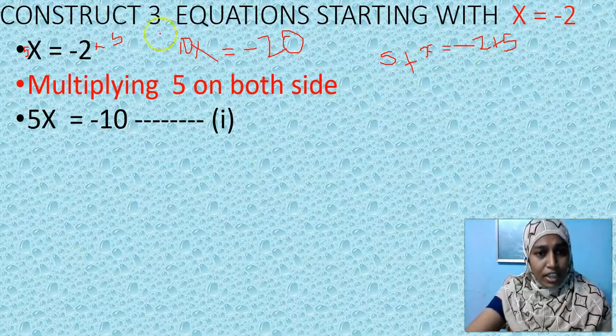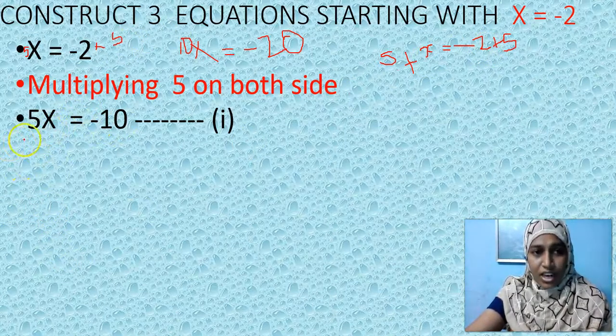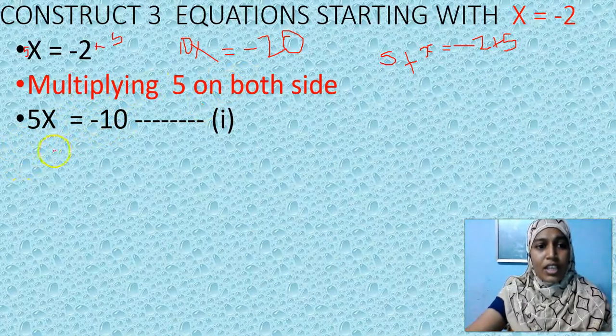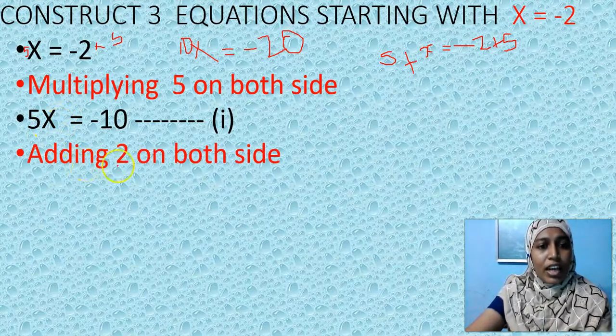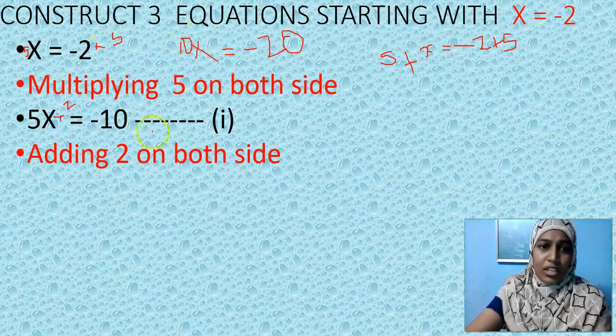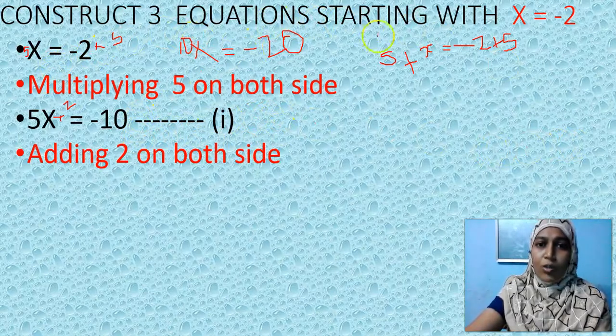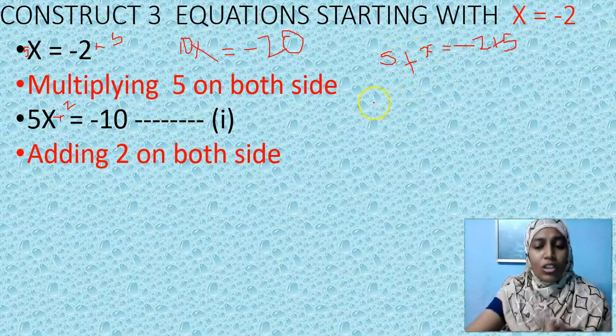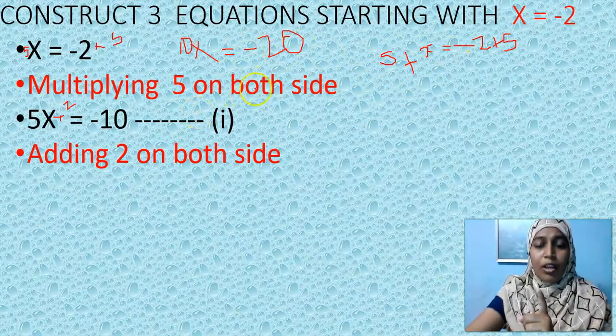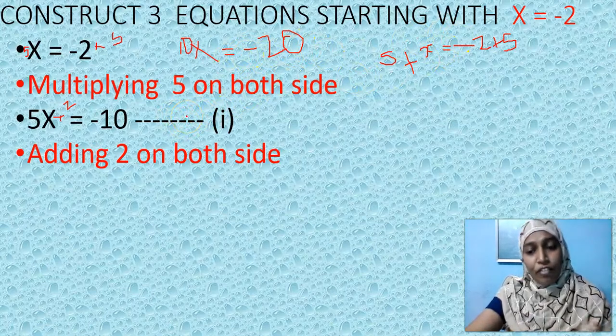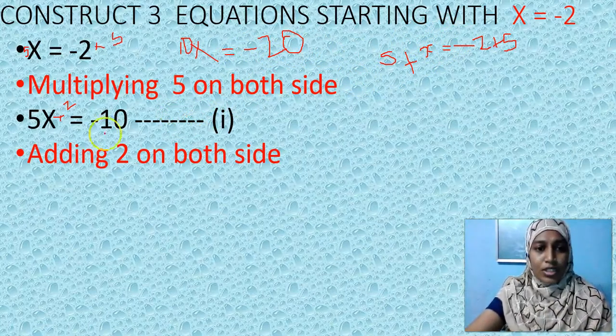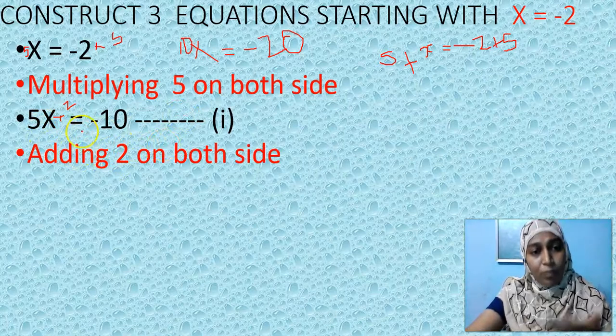But when I go in for the next equation with what I have started now, multiplying 5 on both sides, I have to continue with this itself my dear children. Okay. So I will write adding 2 on both sides. How will I add? I will add here. You can add here and give another 3 equations. And this also you can say this is first equation, second equation, third equation. Yes, you are right. All these are 3 equations. But here you have done only one operation in everything. But I want you all to go in for higher order of difficulty in equations. So I am adding 2 on both sides in the previously made equation.